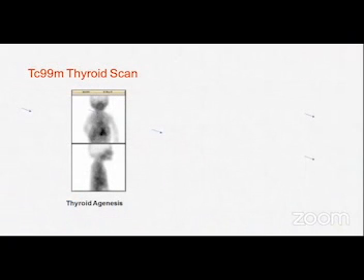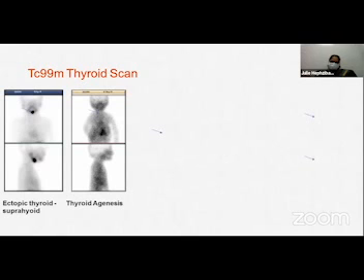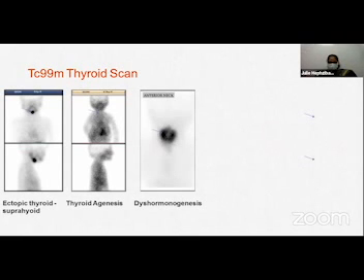So some of the imaging that you can see. The first I'm showing is a thyroid agenesis. You see that there is no uptake in the thyroid bed in a child who is about 2 months old. And this is an ectopic thyroid which is suprahyoid in location. And this is dyshormonogenesis in a child who had a high TSH level. And dyshormonogenesis can also be